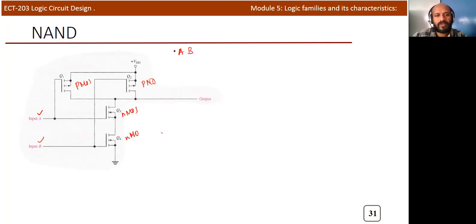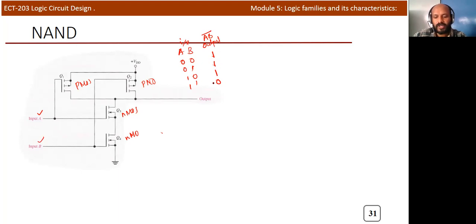so we can write the truth table of the NAND gate. With two inputs A and B: 0 0, 0 1, 1 0, 1 1, the outputs are as follows. If both inputs are 0, the output is 1. Again 0 1, the output is 1. This is the NAND gate, A B the whole bar. Here also 1, and we get 0 only when both inputs are 1. Any one of the inputs being 0 gives output 1.